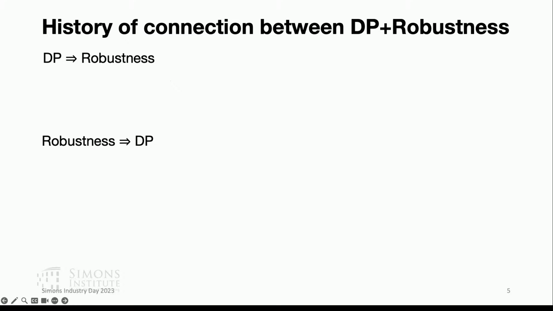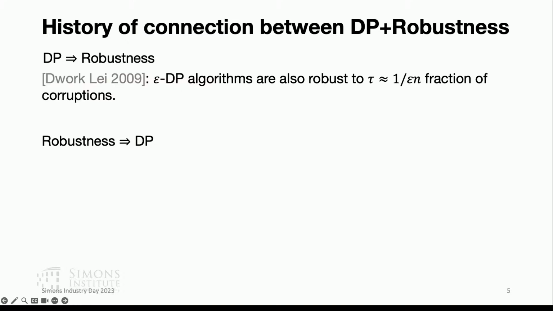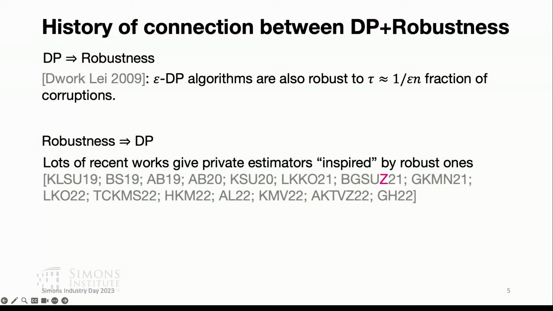You can tell how the two notions are intuitively close. They say that the algorithm should be insensitive to changes in its input, but formally they're quite different. What we've known for a long time is that differential privacy seems like a stricter notion. We know that epsilon differentially private algorithms are inherently robust to a small fraction of corruptions. But in the other direction, things were more fuzzy. We had several optimal differentially private algorithms in the literature that people came up with by being inspired by the equivalent robust algorithm for the task, but in a tailored way for every task at hand.